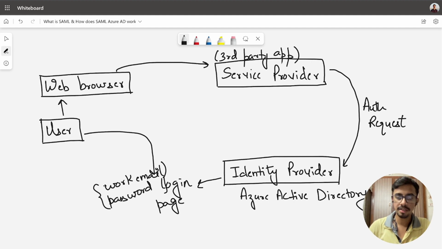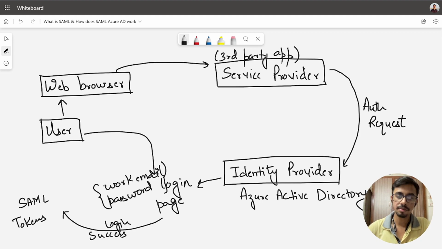Once the login is successful, the identity provider will issue SAML tokens and send a response back to the browser.